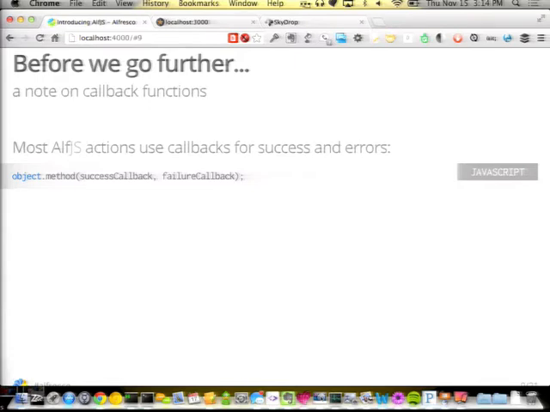I'm actually thinking of changing this to follow a slightly different model, and instead I'm just going to pass along an error object if an error ever occurs. And so that way you only have one callback essentially, and then when you're executing your callback, you can just say if error is defined, then obviously an error occurred, handle the exception, otherwise keep going. Anyway, that's more of something I'd like to do in the future.